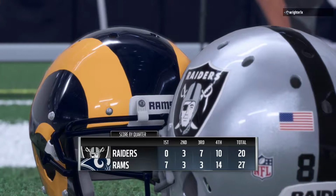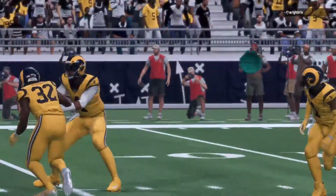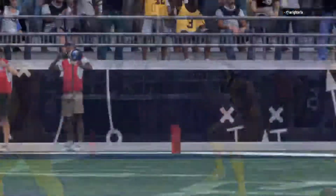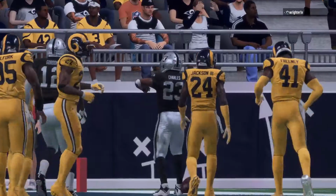So for the home team here, the great run they've been on continues as they move to 9-1 now. And they will hit the road next week for a date with the San Francisco 49ers. Meanwhile, for Oakland, they come back to the pack a bit as